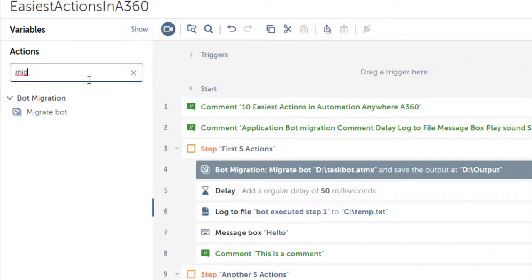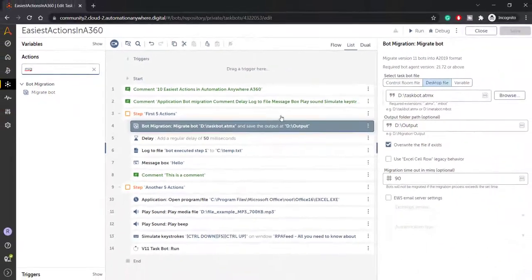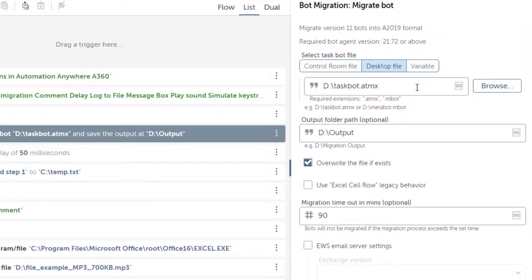So for migrate bot, you can just drag and drop it, and here it expects your ATMX file, wherever you have stored the ATMX file that you want to convert to A360 format. You can paste the path, or browse and select that ATMX file, and provide the path where you want the output file.